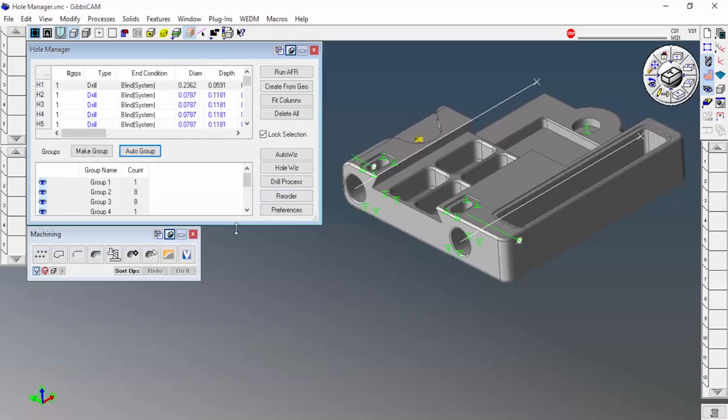What that does is that automatically groups the holes, the similar holes together. Now there's settings for this to tell GibbsCAM what makes holes similar. We'll get to that in another video. But just for now, let's just go ahead and say that they use the similar holes and they group them